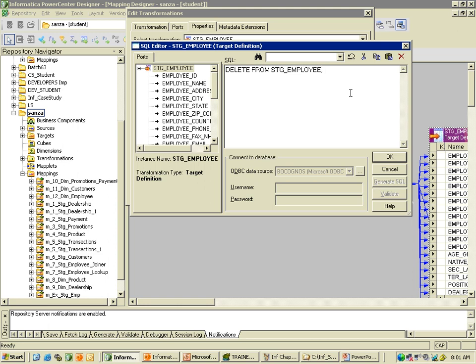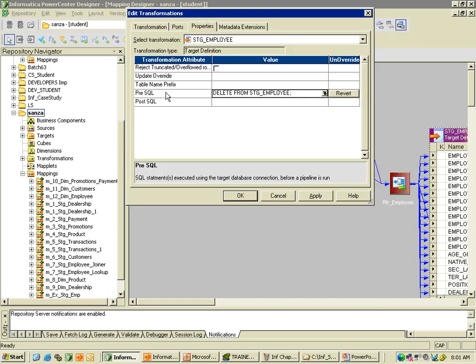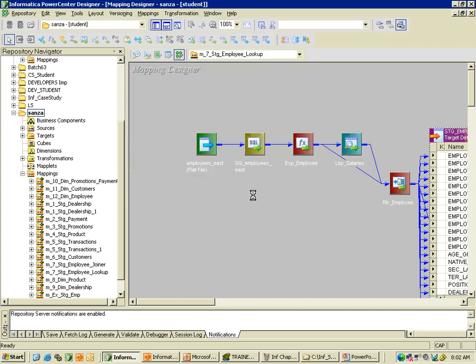The seventh mapping of your employee lookup, you want to delete the data from this table. There are two things in this. This is target table properties. I'll go once again, go to the target table,